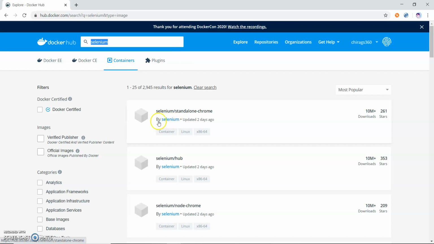This is the image provided officially by the Selenium members, and if we want any specific customized image, then we can search for that. If any other developer or automation tester has pushed an image to Docker Hub, then we can also use that image. But I am using the standard image, Selenium standalone Chrome.